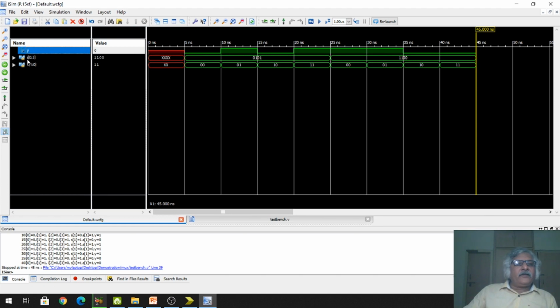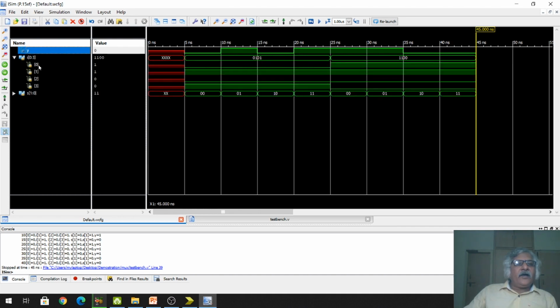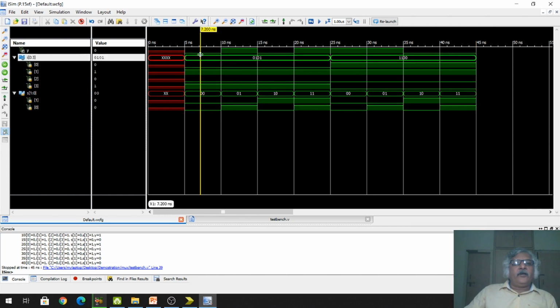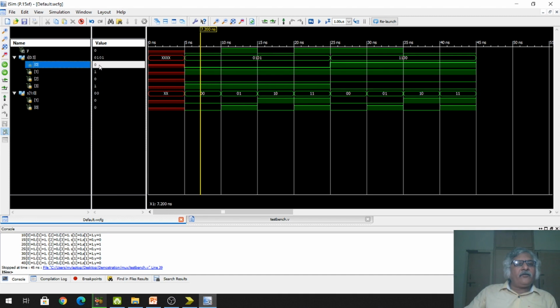Below this, see what it is. It is written I[0:3]. So in between this, it is given in the form of a vector. You can expand this also, and you can find the various values. See I0, I1, I2, I3, and this S. This also you can expand. Then you can find the values of select lines S1 and S0. So here we will see what the value of S1 and S0 is. It is 0, 0. So we know that if these values are 0, 0, then the value of I0 will be transferred to the output. So I0 is 0. So output Y is 0 right now.